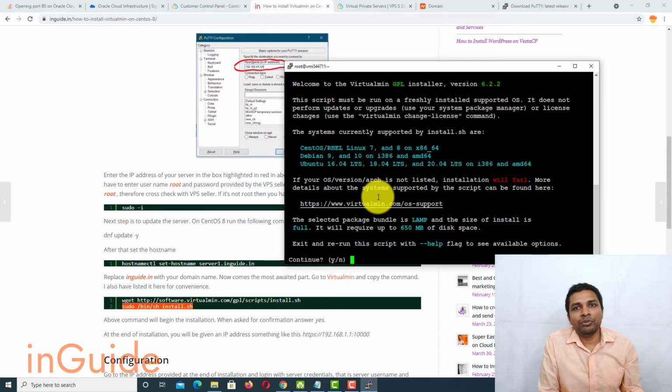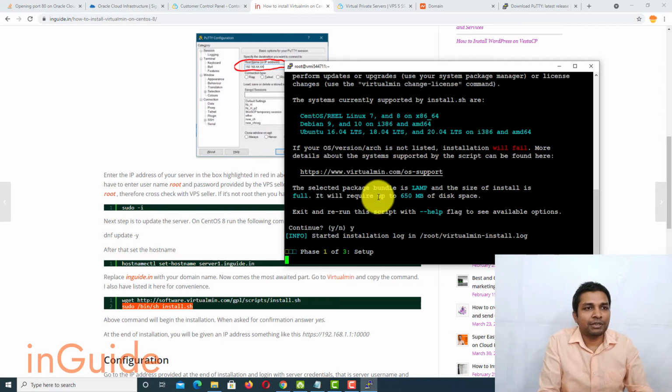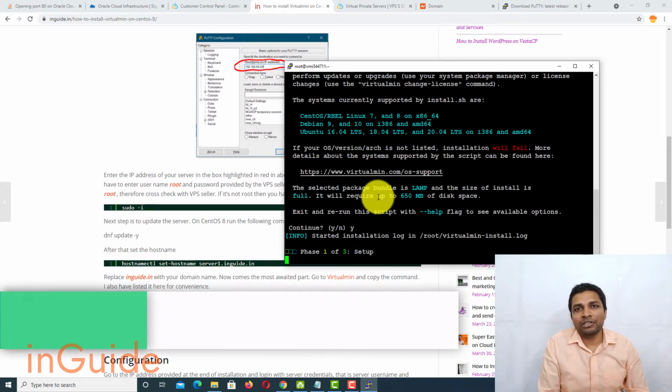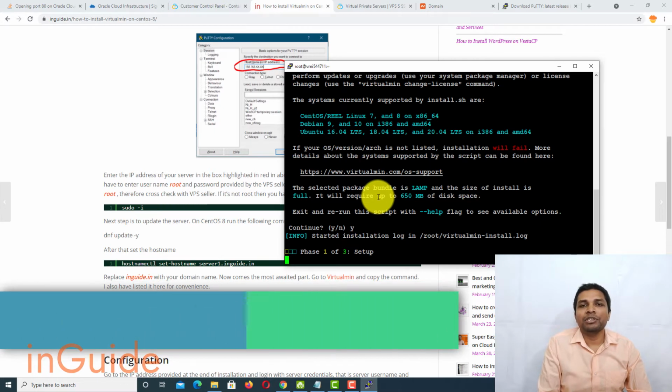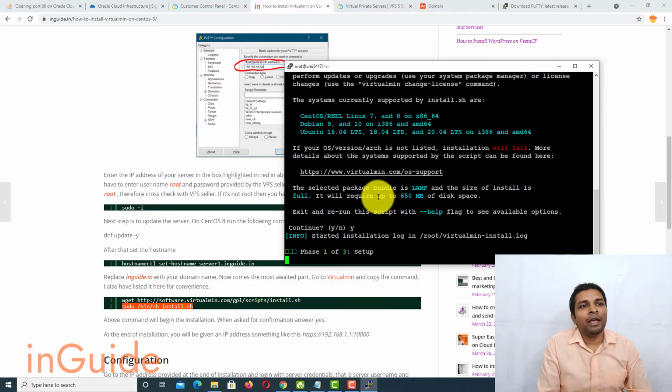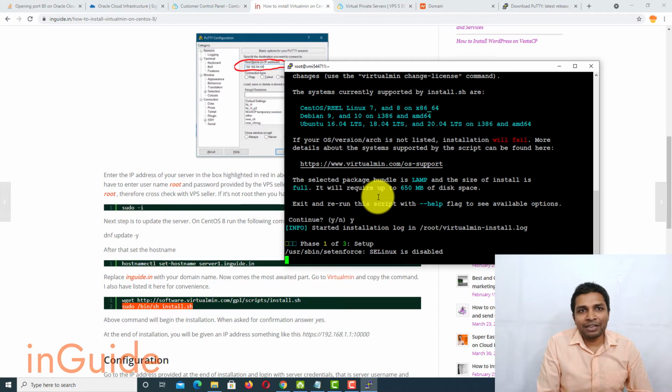After that next command, and now it will ask you a few questions, answer it. Basically, it will ask you just one question, whether you want to continue or not. After that, installation will begin in 3 phases, and it's going to take quite some time. If you like to take a break, you can take a break, and then you can come back, and I am also going to take some break and see you when installation is about to finish.